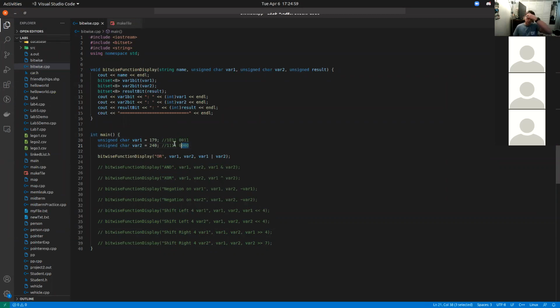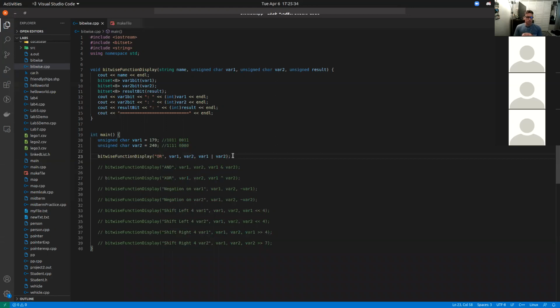I did the 240 on purpose so that there's four ones in the front and four zeros on the right side. And then I picked a 179 just so there was a more or less even distribution of ones and zeros. So that was kind of arbitrary. But the reason that I pick these numbers and I care about these ones and zeros is because we're going to do bitwise operations on these, which involve actually manipulating the individual bits of these variables, right? And that sounds kind of weird, but it's not too bad because it's just built into C++ to actually manipulate